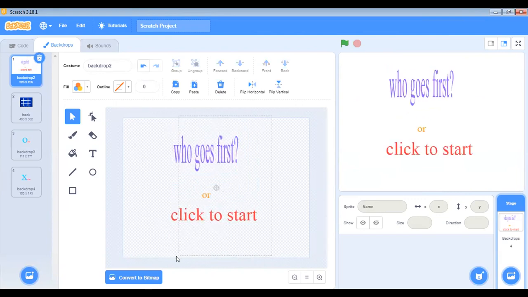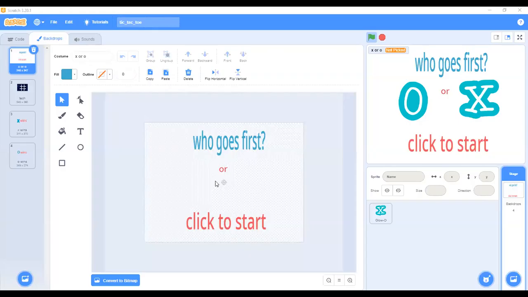Okay, careful. Now, let me share my screen. So here, what you can see is O or X, right?